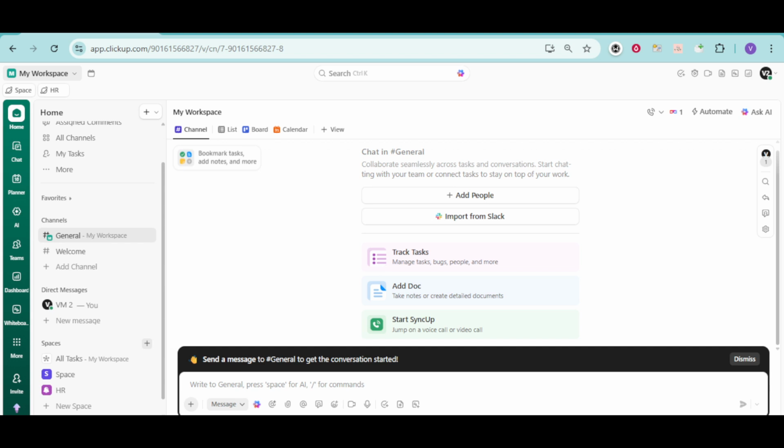A quick tip: try to keep your favorites list relatively short. If you favorite everything, it stops being a shortcut and starts feeling like another long list. Choose the spaces, folders, and lists you access every day and review them occasionally as your priorities change. That's all there is to it. By right-clicking any space, folder, or list in your sidebar and selecting favorite, you can set up a simple, personalized navigation system inside ClickUp that keeps your most